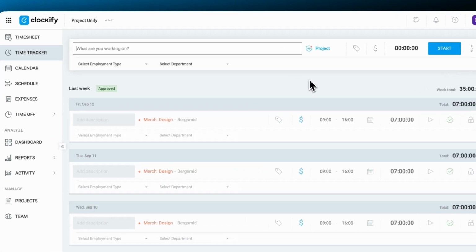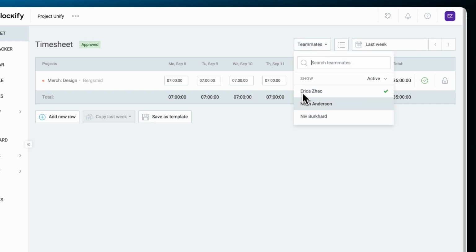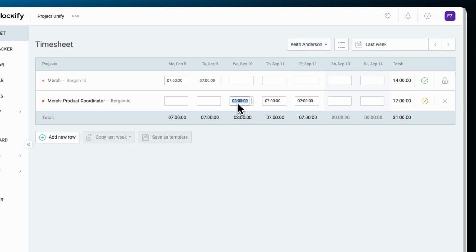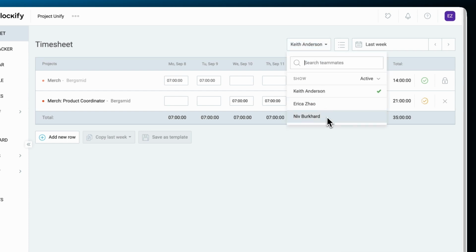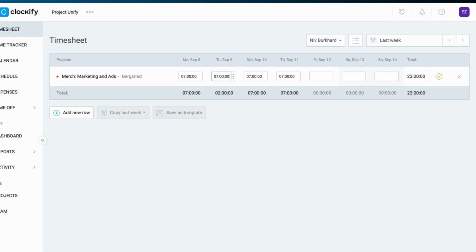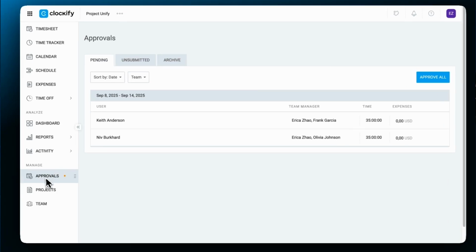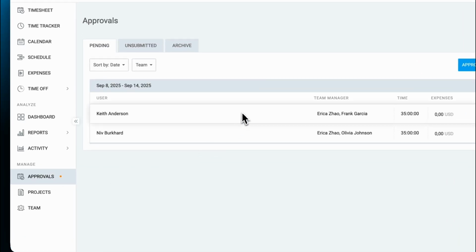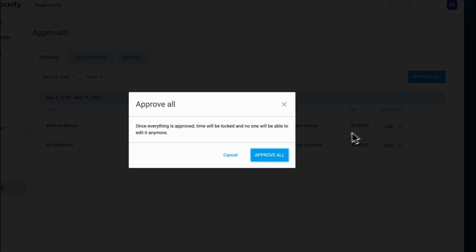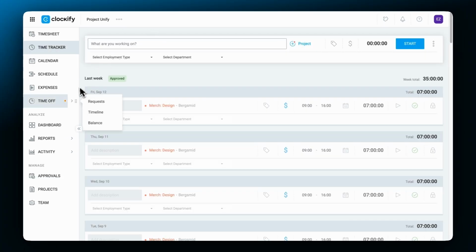They can do things like see and edit all track time for their team members, approve submitted timesheets for their team members, approve time off for their team members,